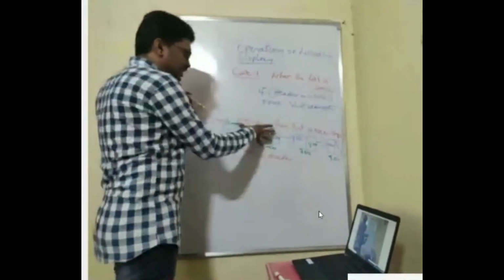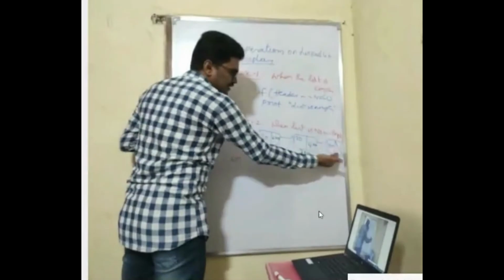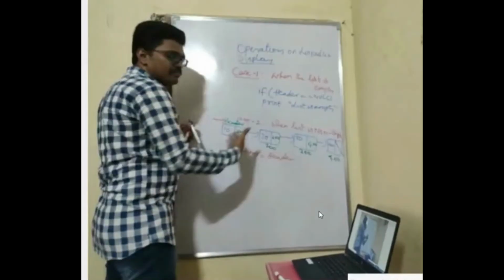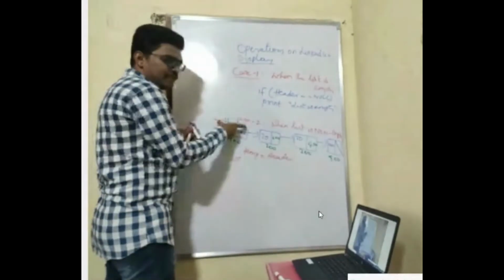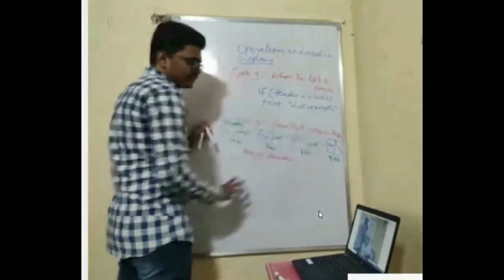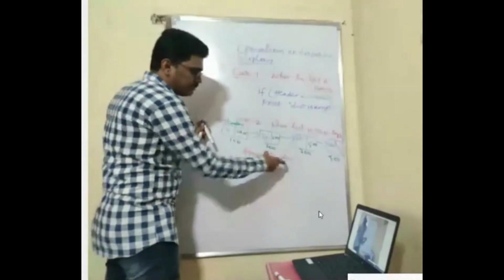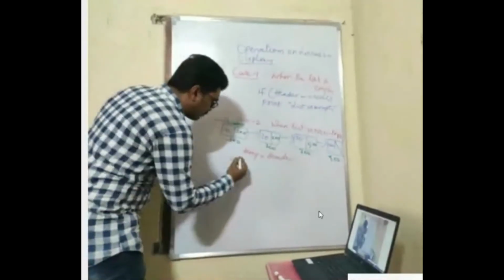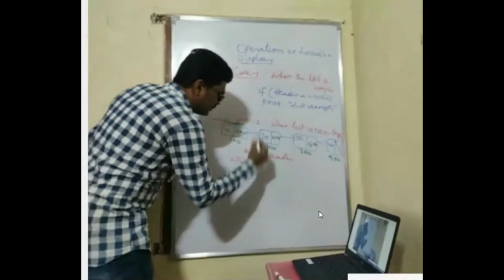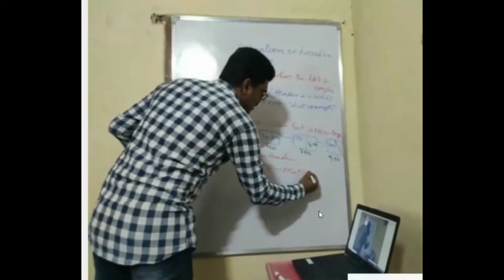So now the second case is when the list is not empty. That is, you are having some set of elements like this. I have a header pointer which points to the first node in the list. See, I should not move this header. So that's why I take a temporary pointer. So we'll write while temp next not equal to null.